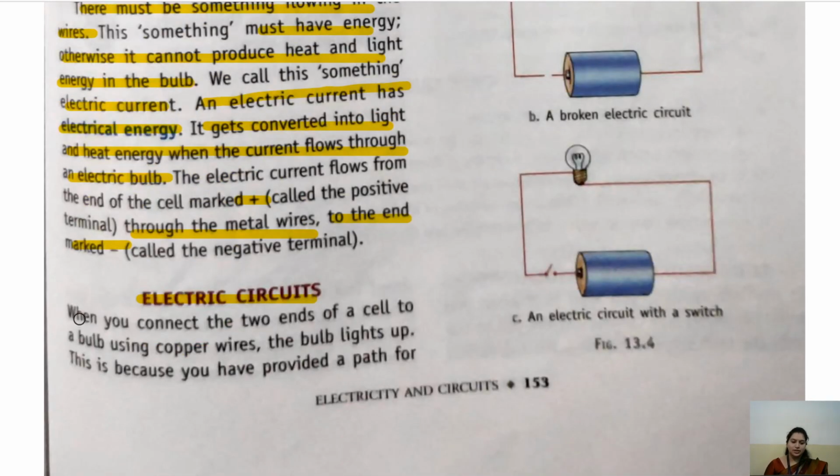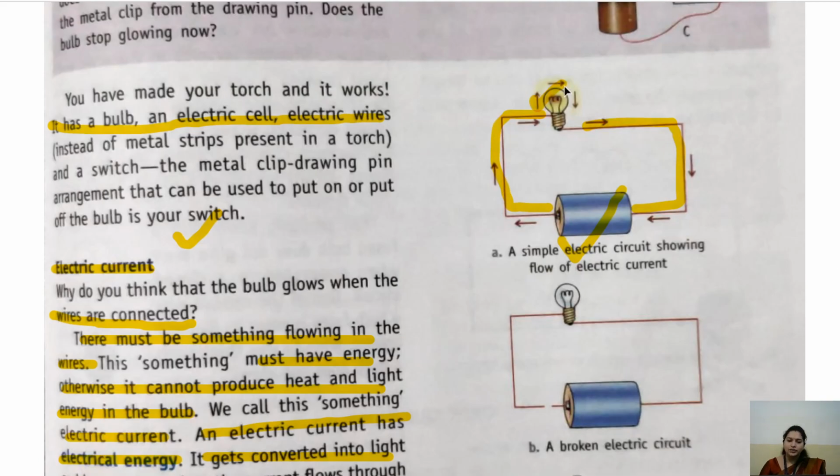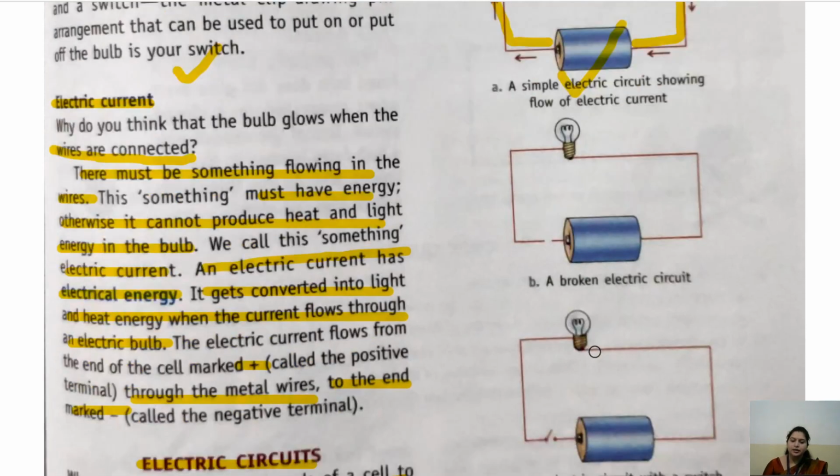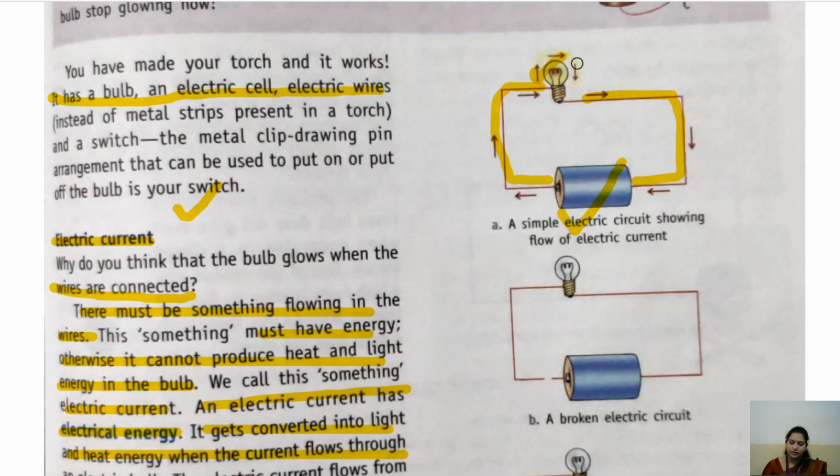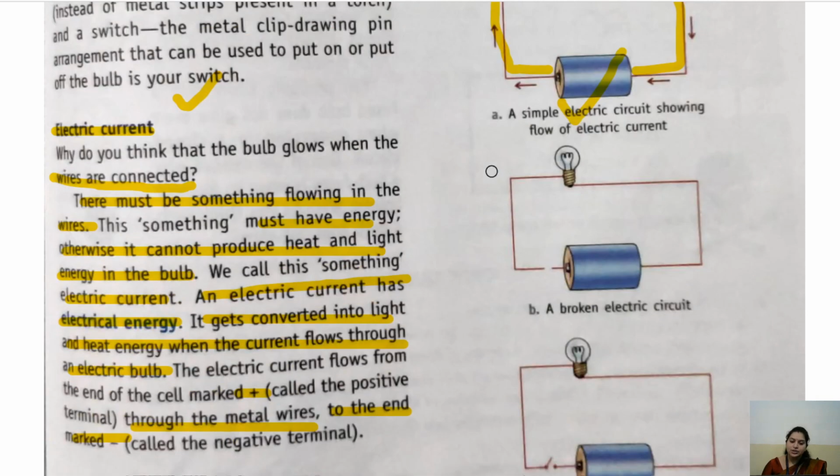Okay. So let's see what is written. When you connect the two end of a cell to a bulb using a copper wire, the bulb lights up. What does it say? That when we are connecting this bulb to the electric wire and a cell, okay, then only the bulb will glow. Then what will happen? The bulb will glow. Okay, so this is